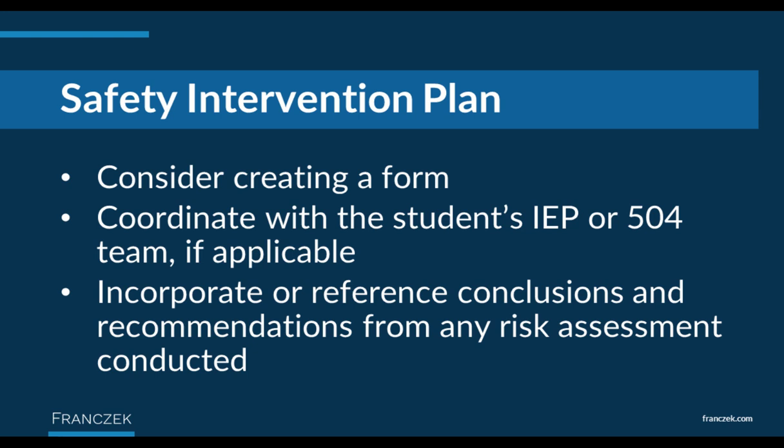We outlined what components we thought should be on your safety intervention plan, and you may want to create a form just to guide your team and make sure that you've hit on all of the different pieces of it. You do want to coordinate with the student's IEP or 504 team if the student has already been identified as needing special education services. You're not going to have a joint meeting, but you want to have some people communicating and coordinating to make sure that the services and the interventions make sense and are not pulling the student in different directions. This may also be a red flag for a general education student that we need to do a case study. So to be thinking along those lines as well.